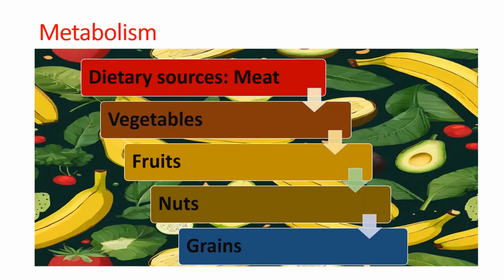Now, talking about dietary sources, potassium can be found in virtually all available food materials. Whether carnivorous or vegetarian, it is unlikely to find anyone who will be deficient of potassium if they eat well. Meat, vegetables, fruits, nuts, grains, and all types of food can supply the adequate amount of potassium that everyone needs per day.